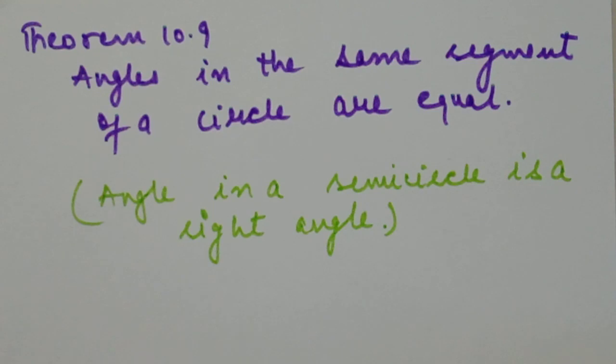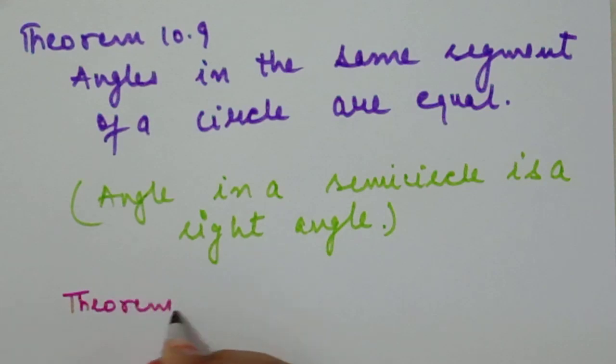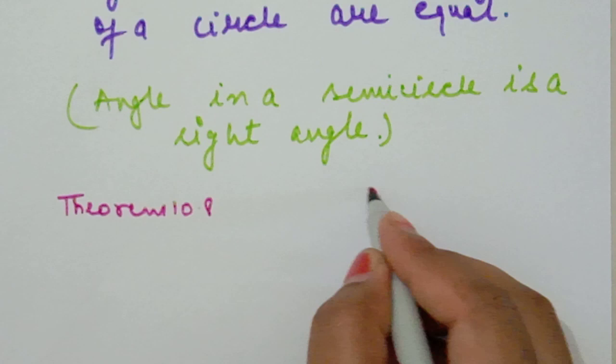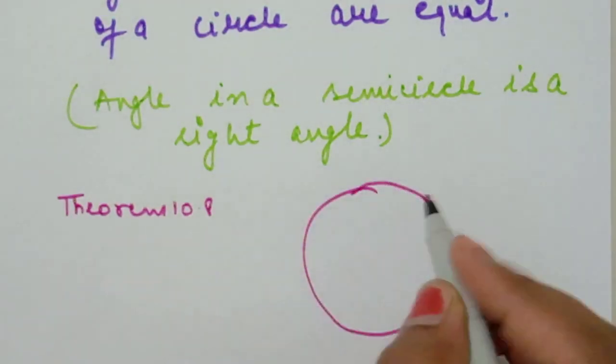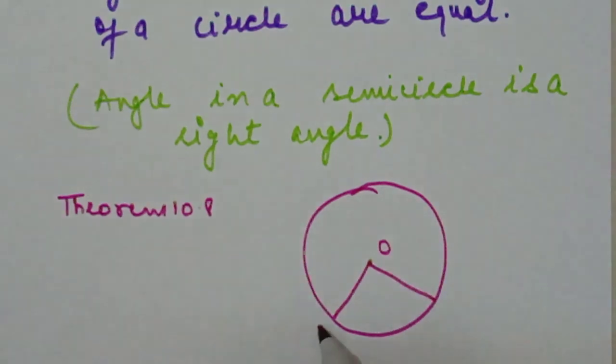So they both are proved from theorem 10.8. First of all, I will explain this part of this theorem. If we take theorem 10.8, first diagram, theorem 10.8 first diagram said that if we have a center O and an angle PQ,